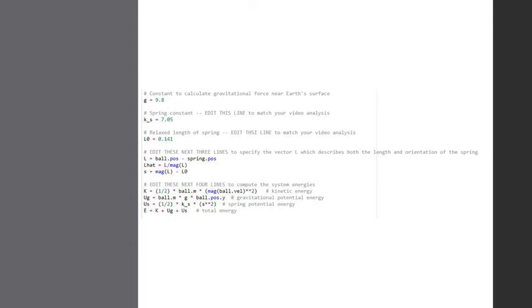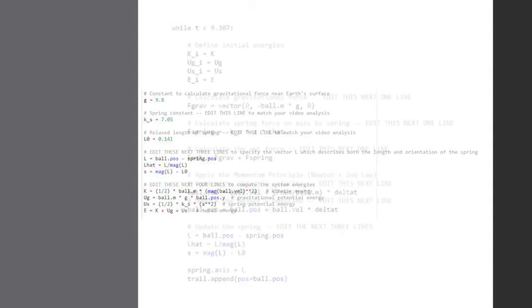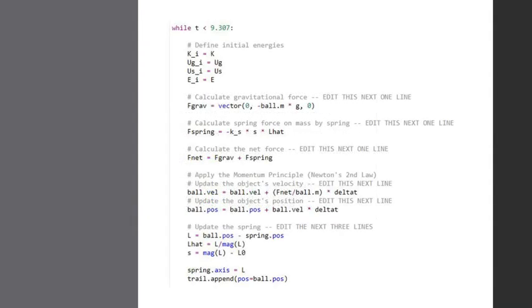Then in the next section we calculate our kinetic energy, our potential energy of gravity, potential energy of the spring, and the total energy. Here we get into our calculation loop, which is while t is less than 9.307, which was the total time of our experiment,